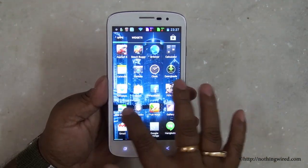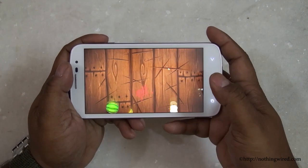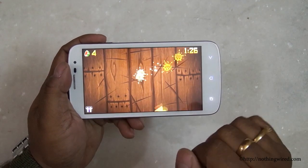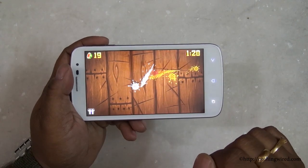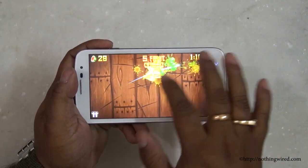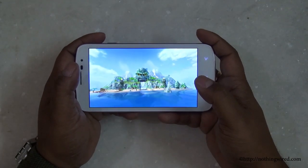It's quite snappy. We'll start with Fruit Ninja. It should be pretty easy for this phone. It's very smooth and fast. Yep, does not skip a frame. Very easy. Yeah, we'll move on to the next game, Beach Buggy Blitz, and there